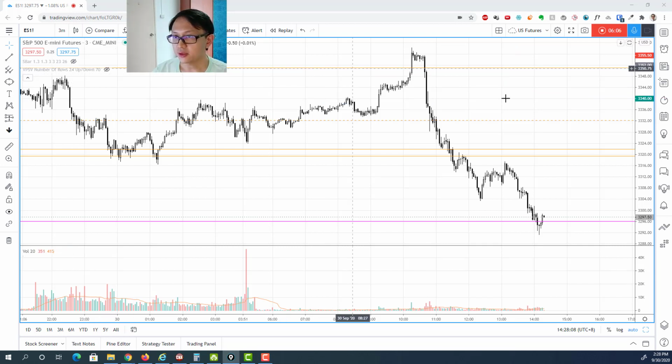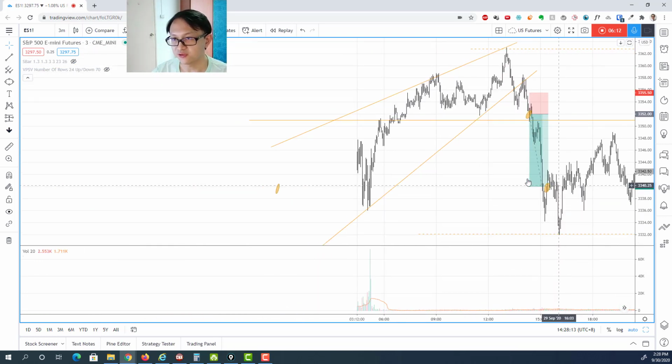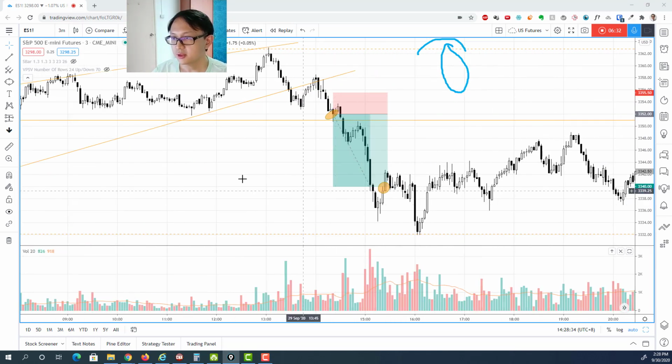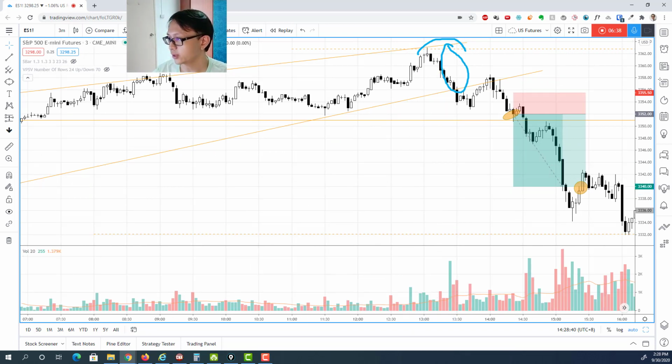So we have a resistance level at 3360, and the S&P 500 just formed a rising wedge into the resistance level, and right at the 3360 resistance level, it just kind of reacted and broke out from here on. And let's just take a look at the volume, because this is the first sign of weakness from the rising wedge. So we can see that it's relatively sharp breaking out from this rising wedge, and together with the increasing